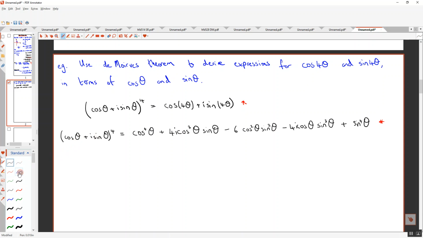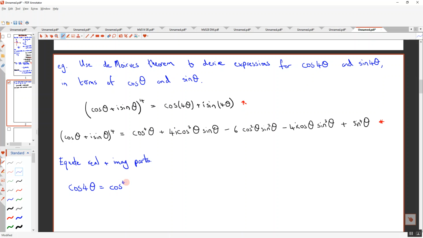But rather than just writing it all out, which will take a long time, we're just going to equate real and imaginary parts, because that's all we're after. We want to find an expression for cos of 4 theta in terms of cos theta and sine theta. So I can see that cos of 4 theta, now is cos of 4 theta a real part or an imaginary part? It's a real part, so my real parts in all of this are, well, this is equal to